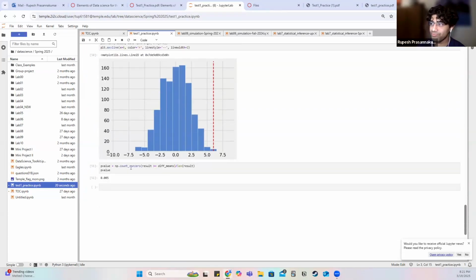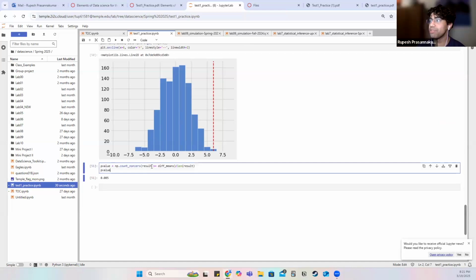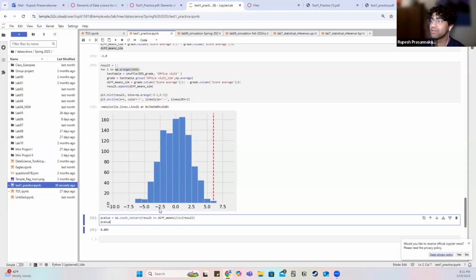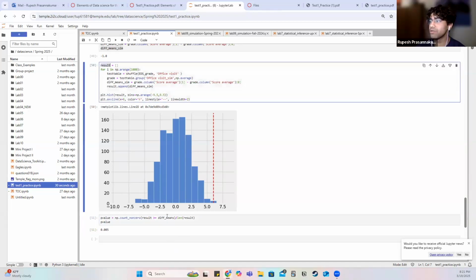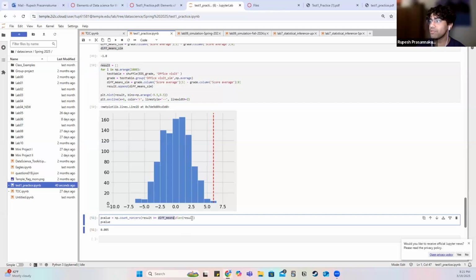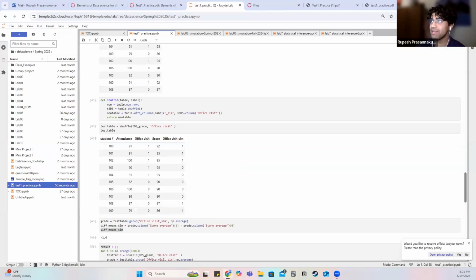On going to office hours making your score average go up, we can use a p-value on this bar graph, and use the result we get here, diff means from it, and then our len, which is our total number of data points. If our result is higher than the mean average, we get a p-value. We can do the p-value of that, and our p-value is really low. So in this case, it actually does help, and that actually supports our